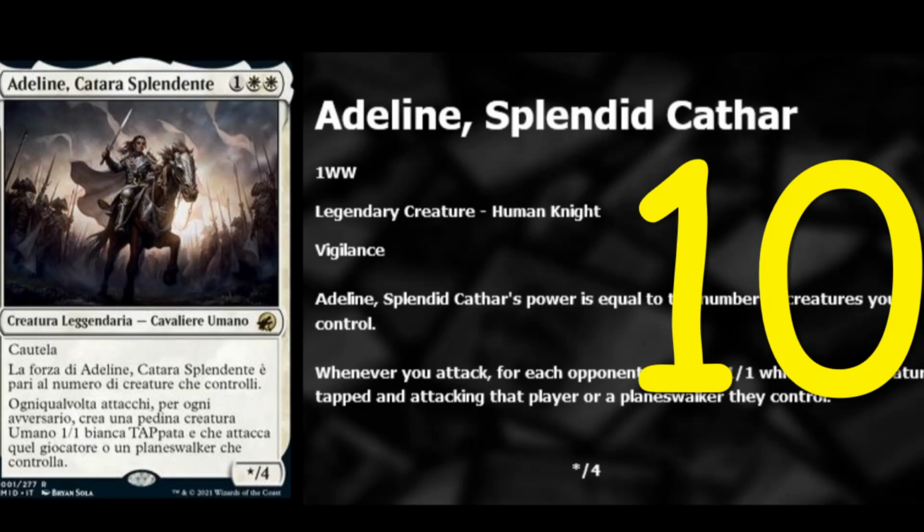If you're playing White Weenie, you're going to drop a 1-drop, you're going to drop a 2-drop, and on 3, this is going to be a 3/3. And when you swing, it's probably going to be a 4/4, unless they're killing your 1 and 2 drops. If they are, they're not killing this, which means you're going to remake your own army, which means this thing